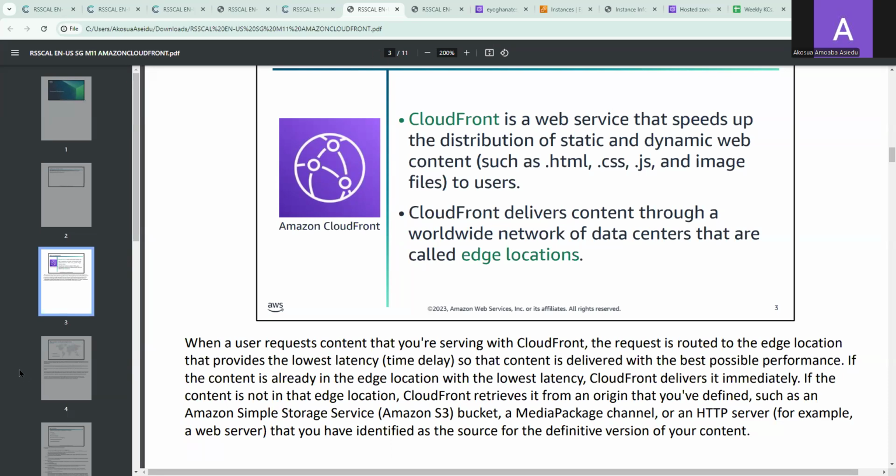Yeah, so I'm assuming this is region 1, and then this is region 2. So the edge locations are dispersed all over. They're more globally dispersed, okay? So whenever a user is trying to access some content that CloudFront is supposed to be serving, what happens is that